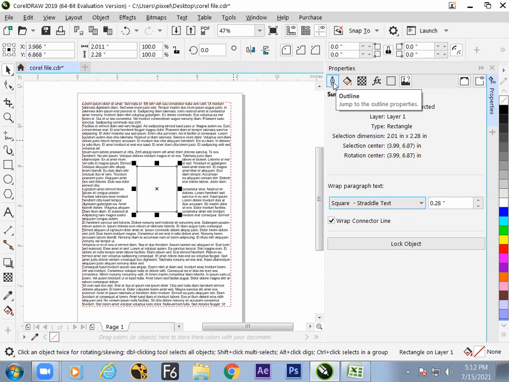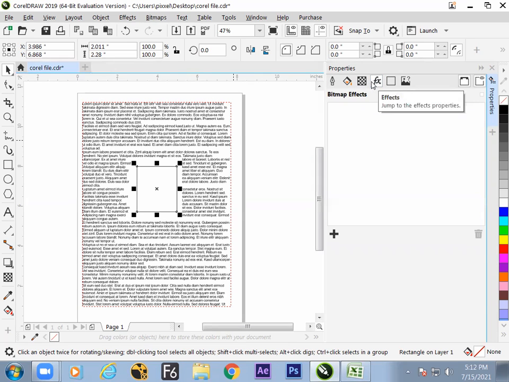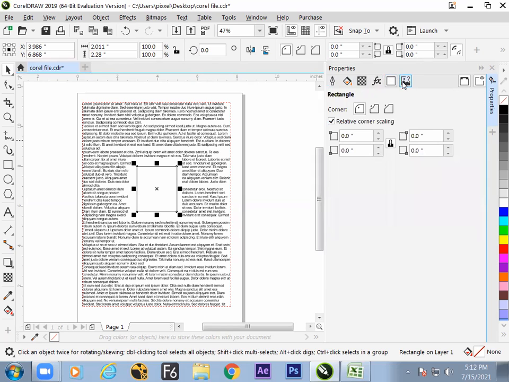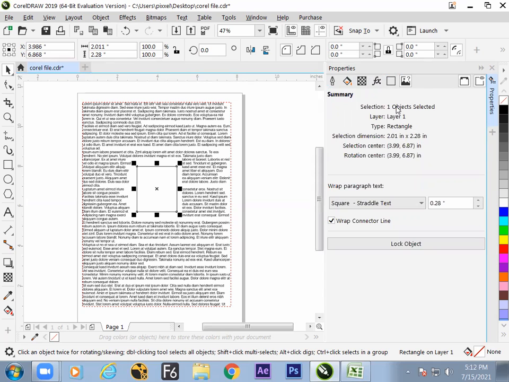Fill, outline mode, like stroke is technically called outline. Then here the fill is there. And next we find some transparency and blend properties, which we have seen in very detail. And the next is effects. There are a few ready-made effects, which we'll be learning in detail later on, but that effect also we can find here. Corner property and text warping, with the details about layers, center point, size, dimension. Fine then. So this is the basic property of a rectangle.